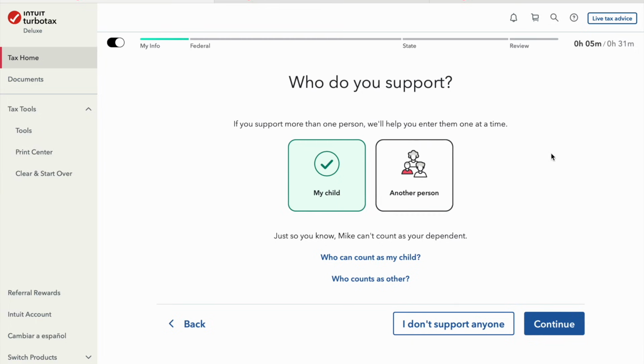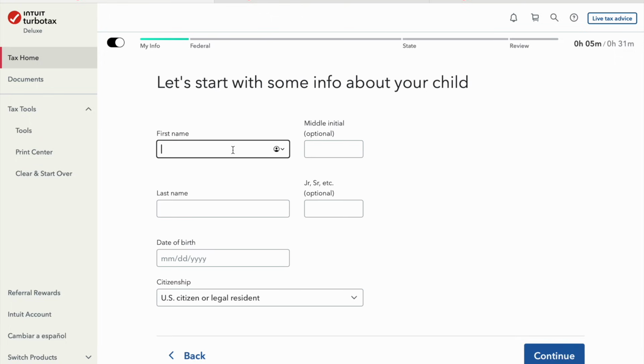So that would be another person, but typically it's going to be a child, so we're just going to select my child. Again, if you want specifics as far as what counts and what doesn't count, you may click on any of these items, but for the most part, a child that lives at home with you for more than 6 months out of the year, that you provide more than half the support for, is able to be considered a dependent. Again, we'll call this George